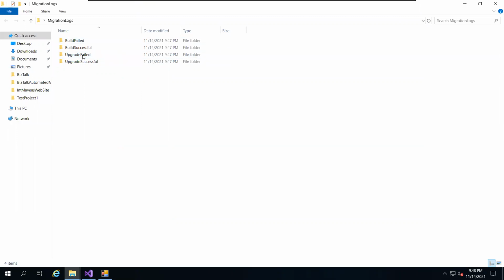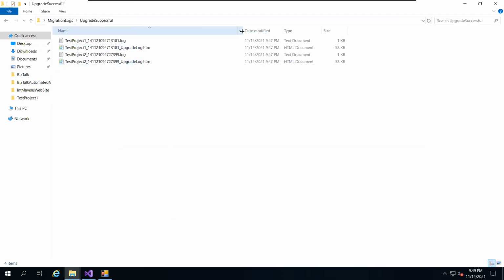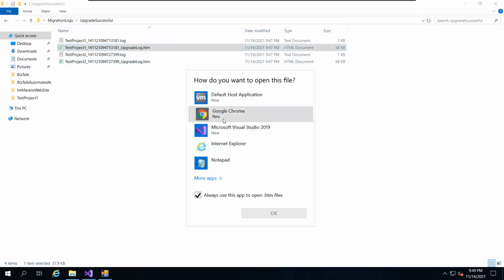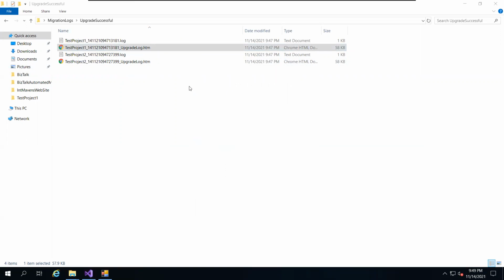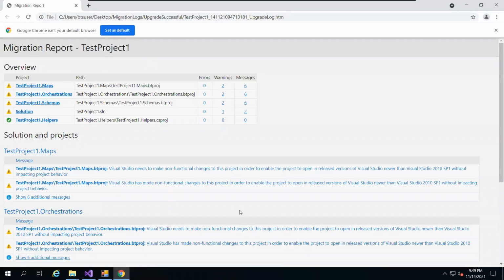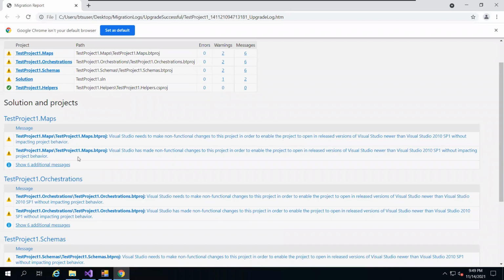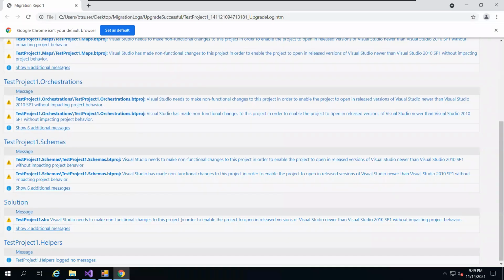There are two operations we are talking about. First is the upgrade operation, where it is just upgrading to the latest Visual Studio version, right? In that case, you will be able to see the upgrade logs. Whenever you upgrade, by default some upgrade logs are generated, and this is always generated, right? If you see the upgrade logs generated here, it talks about maps and so on, and this is always generated, and you might have seen it in your previous experience.